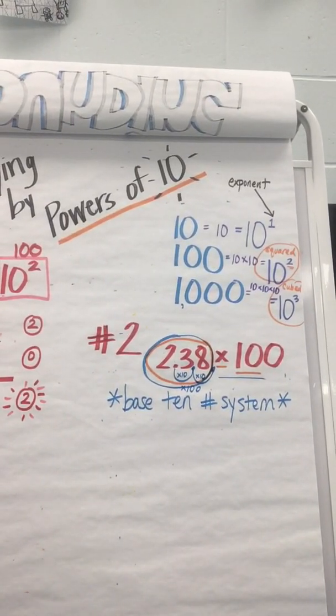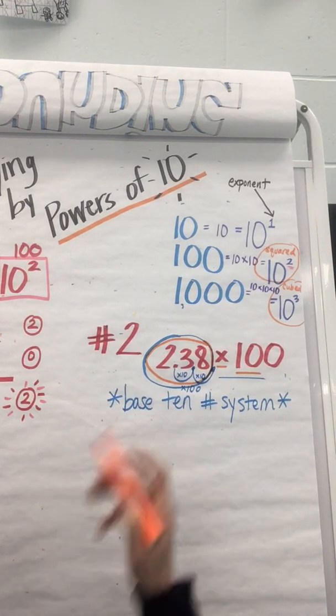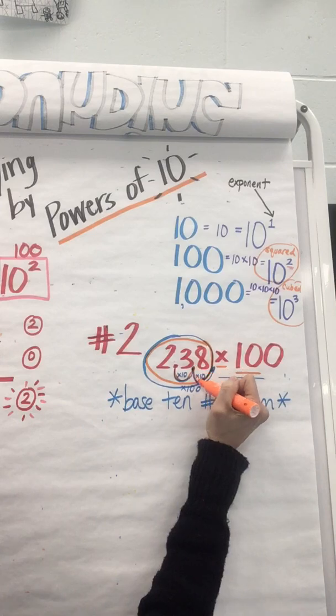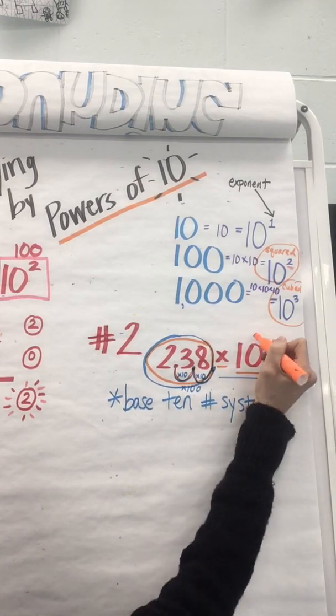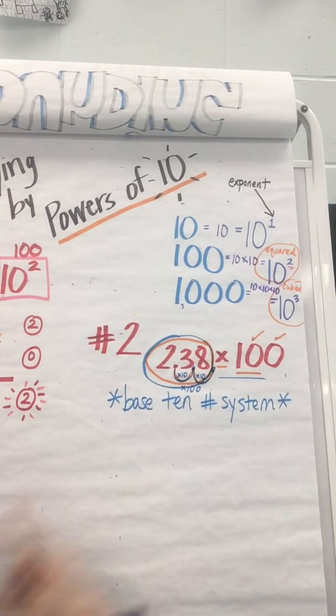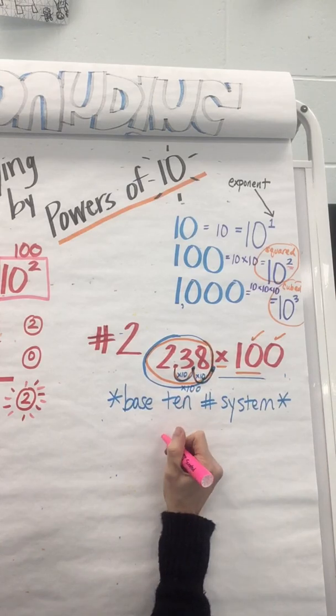So wait a minute. All I had to do was move the decimal twice for 100 times larger. And now, when I move the decimal, I see that the decimal's now back here. So my answer is